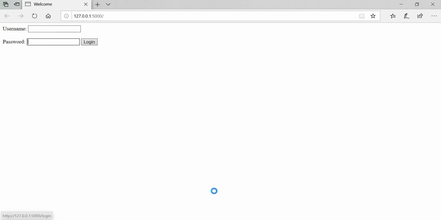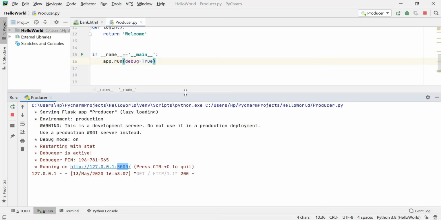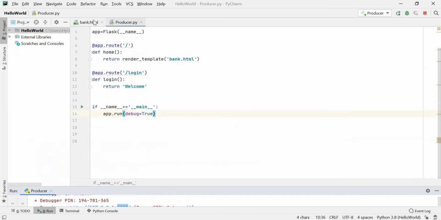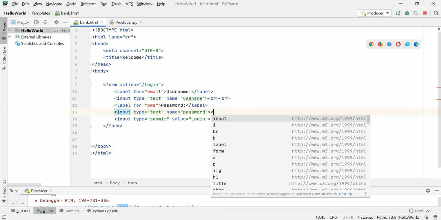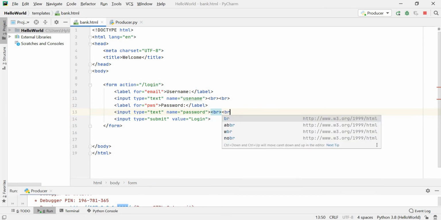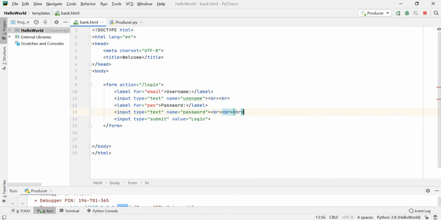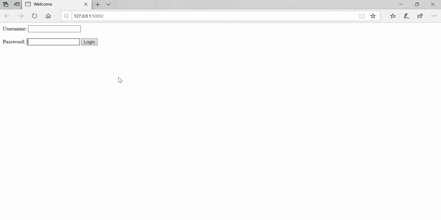So we will go to our PyCharm HTML file, then we can give the break line here. We'll give 3 break lines. We'll save this file, then we will go one more time to the URL and refresh it. See, the login came down.